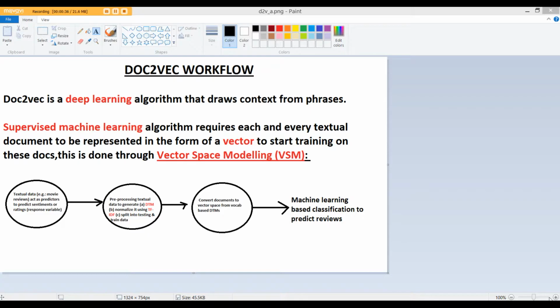The Doc2Vec framework is a deep learning algorithm that draws context from phrases. So what happens is that so far you've seen that the machine learning and the other natural language processing systems that we've been working with, they just look at a word, and that is what we saw when we were doing sentiment analyses with tidy text. So they just take a word, say handsome, and then they might decide whether it is a positive word or a negative word. And in many cases we saw that it's actually quite an accurate estimation,